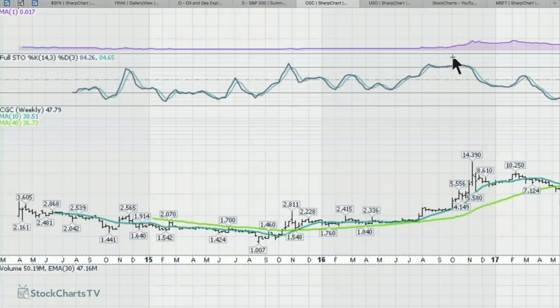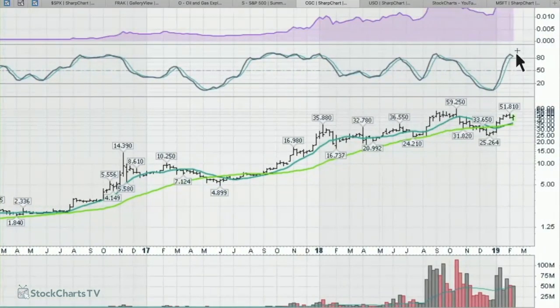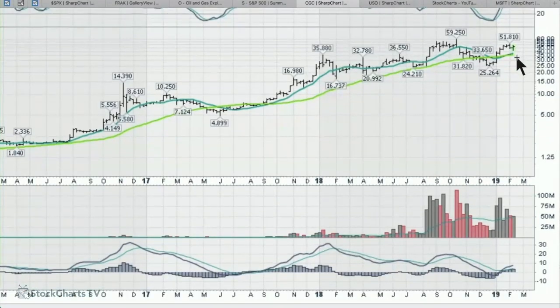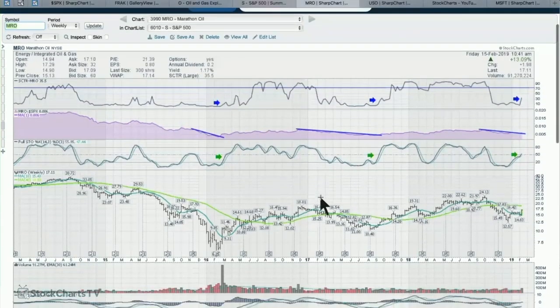And we're using a moving average with a full stochastic. If you actually just watched it, it would be very spiky, but this moving average helps show the data. So when you get these rollovers in momentum, you just need to at least be aware of the problem, that momentum is fading on a short-term basis. And what you don't know is, is it going to fall suddenly, or is it just going to kind of wobble along like this? So as a trader, and we're going to go back to the Marathon Oil chart,